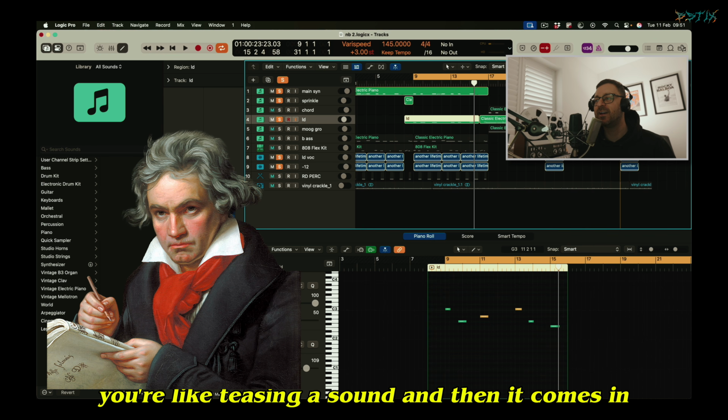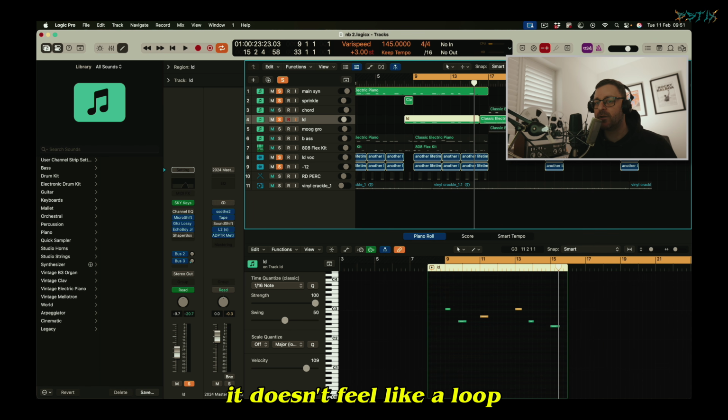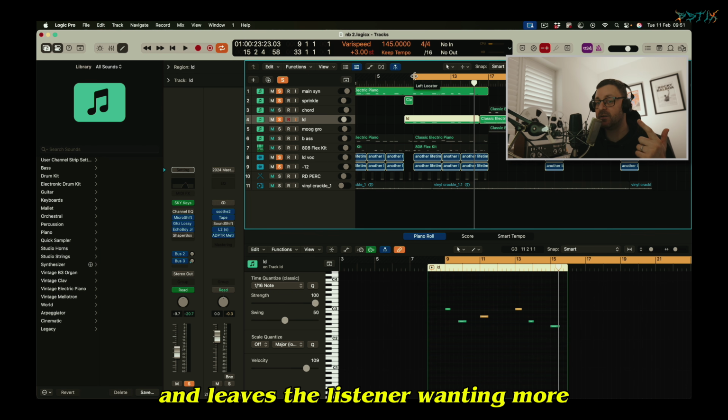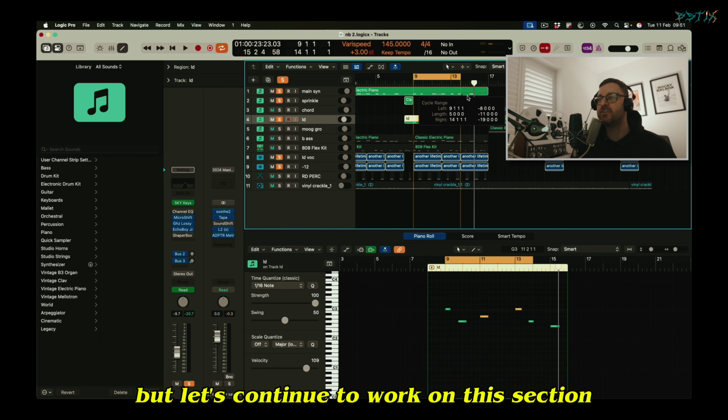You're teasing a sound and then it comes in, and the whole thing about this is that it doesn't feel like a loop. It feels like an organic piece of music that just keeps on developing and growing and growing and growing, and leaves the listener wanting more. We'll see how this develops into a lead sound in a minute, but let's continue to work on